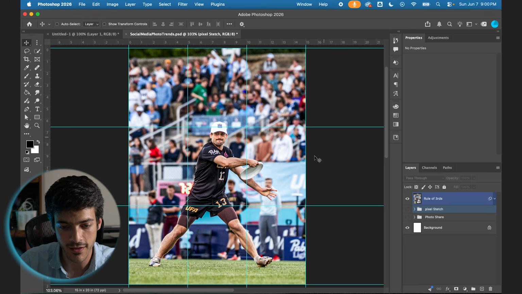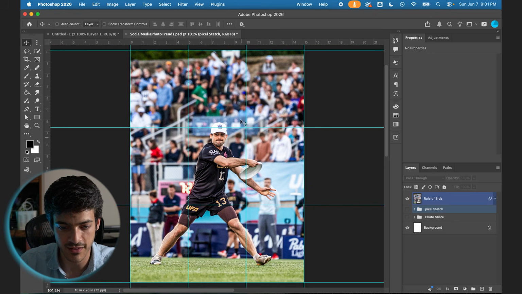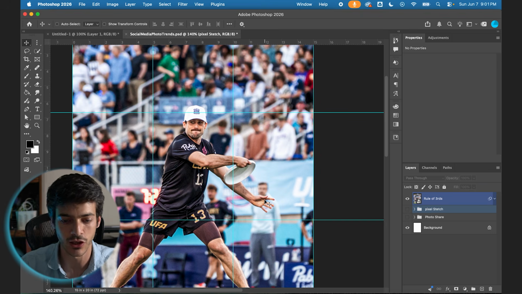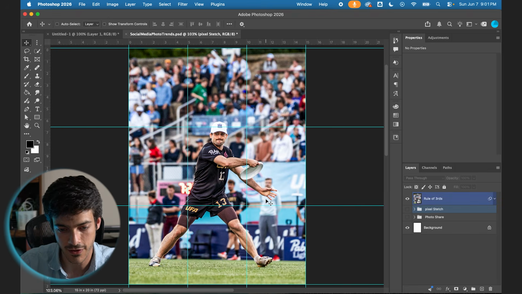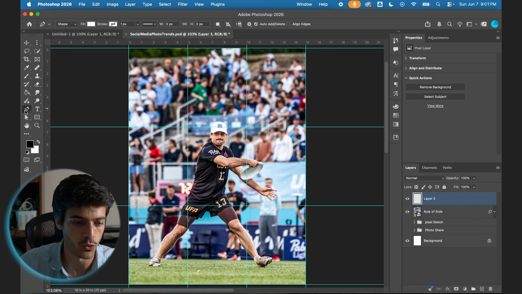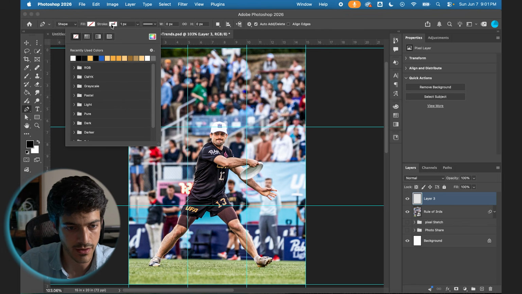You can hit OK, and now we just wanna think through which line we're gonna bend, and in this case, because he's got this hand out, I want to take this vertical line, bend it into the hand, and make it look like he's pinching it between his thumb and first finger. So let's start with this line. Let's make a new layer on top of this. I'm gonna go to the pen tool, P is a shortcut,